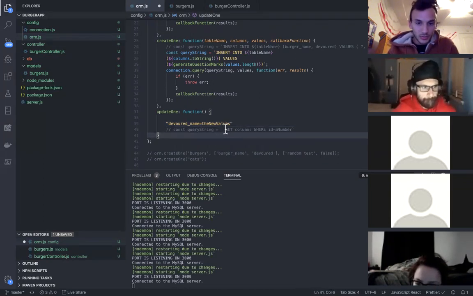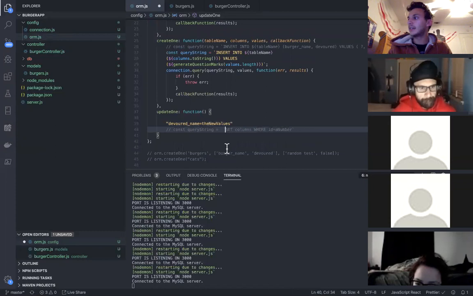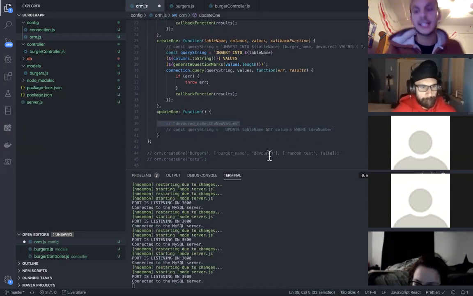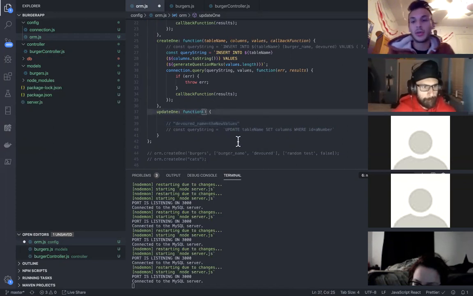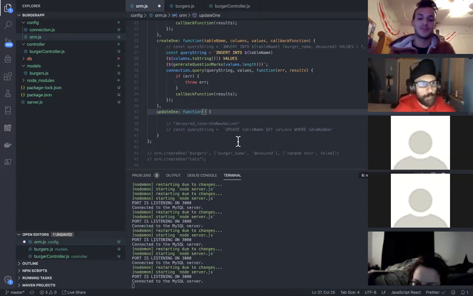And also, I forgot the beginning of this right here. It goes update table name, and then we're going to say set blah, blah, blah. So I'm going to leave that comment out. I'm also going to leave this comment out because that's the structure of how it's supposed to look. But let's start filling out the parameters that are going to need to be passed to make this update one even work. It's going to take a table name,